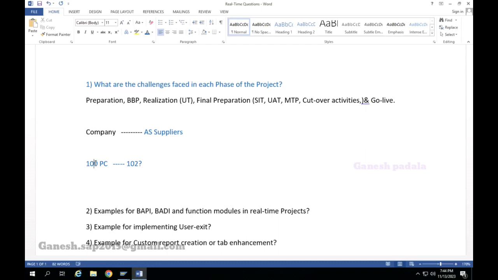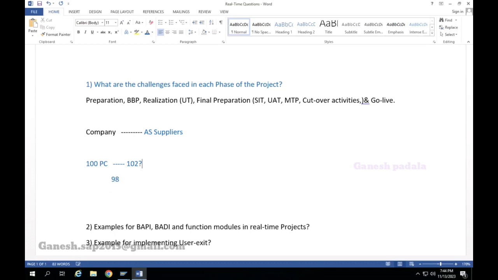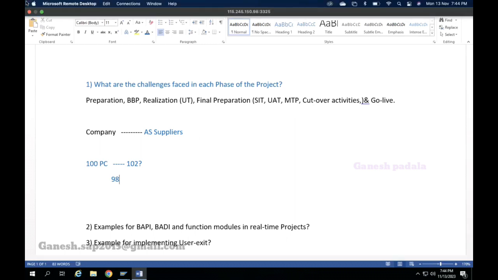So in the same case, who is correct, who is wrong, nothing is there, right? It depends on how they design it. Case by case, we need to ask those questions. If you receive 98, what do you do? You receive 98 and keep the PO open. The remaining 2 quantity, when you get it next time, you will take it. But the supplier evaluation will come down because he didn't provide the quantity which you requested. So these kinds of questions we need to ask.